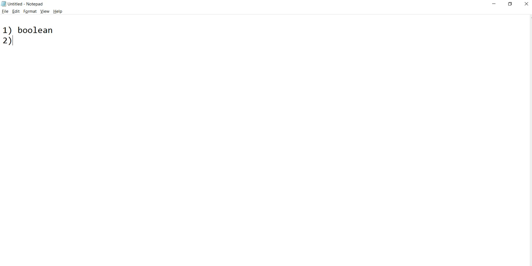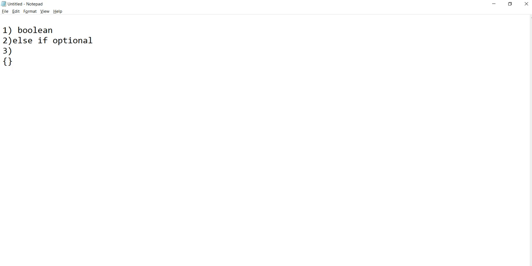Then, specifying the else block is optional. Else is optional. You cannot specify else. What happens? We'll see in this program itself. The next one: specifying the curly braces like this is optional.